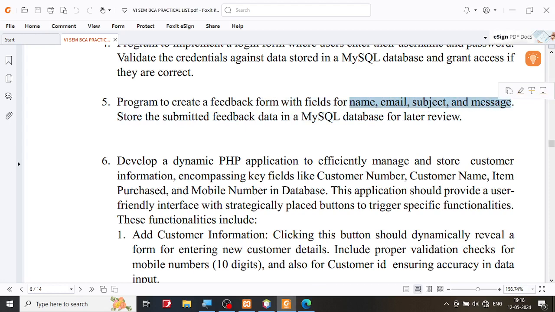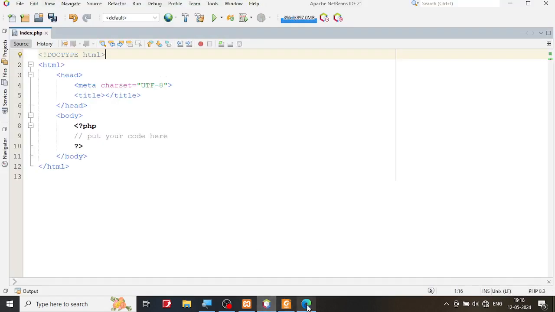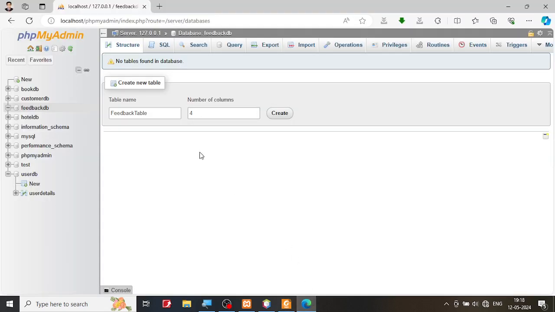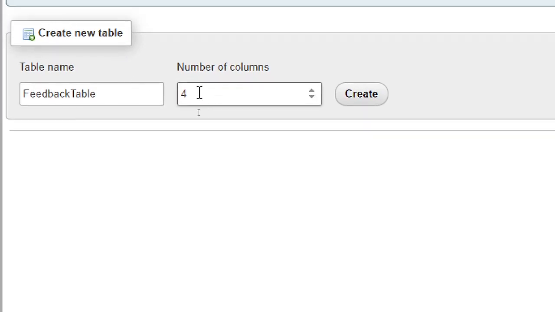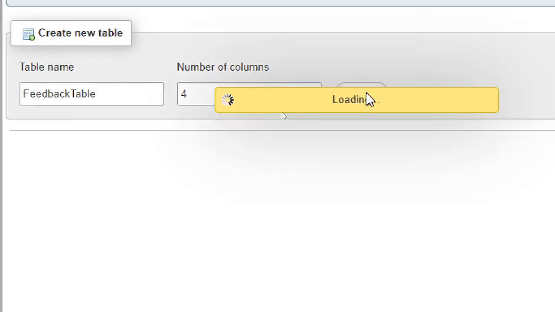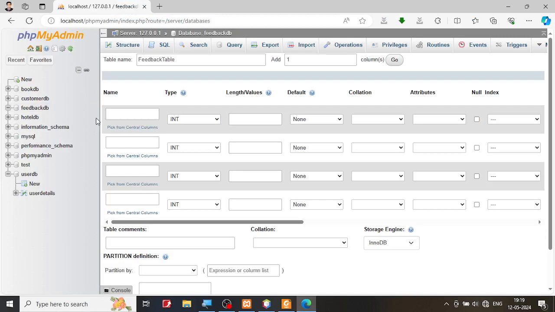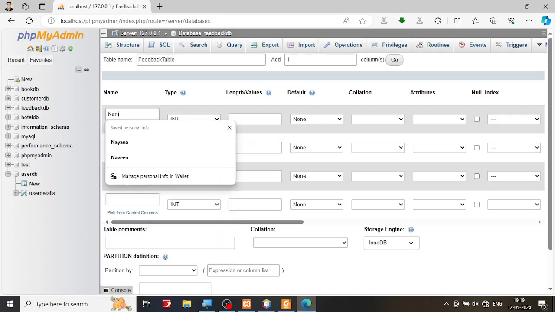Optionally, you can create an auto-incremented primary key and store it, but I'm not going to do that. I'm going to just store whatever they have said. So if I count here, 1, 2, 3, 4, and if you notice on the table over here, by default it's going to create 4 columns. So I'm going to click on this 4 columns and create the table with the 4 columns. The first column obviously will be the name, and